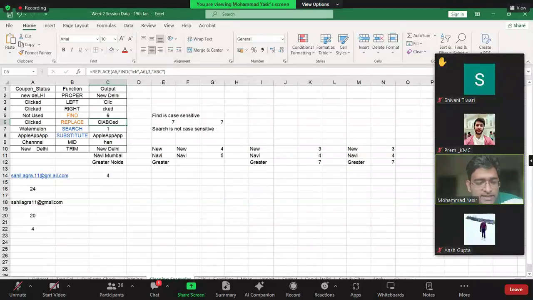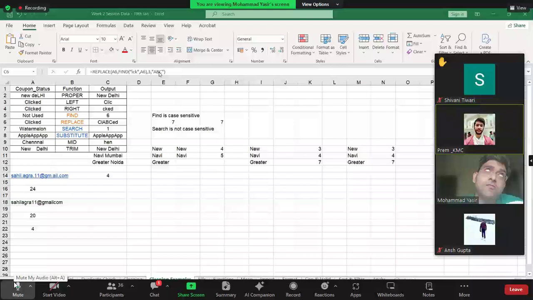So now what I've said is, I have a string, A6, this value. Whenever I find these 3 characters ICK, replace them with ABC. So find and replace are used together. Prem, does it answer your question? Yes, and also in place of 3 we can use the length of ABC if we want to automate that too. In place of 3, yes, you can.